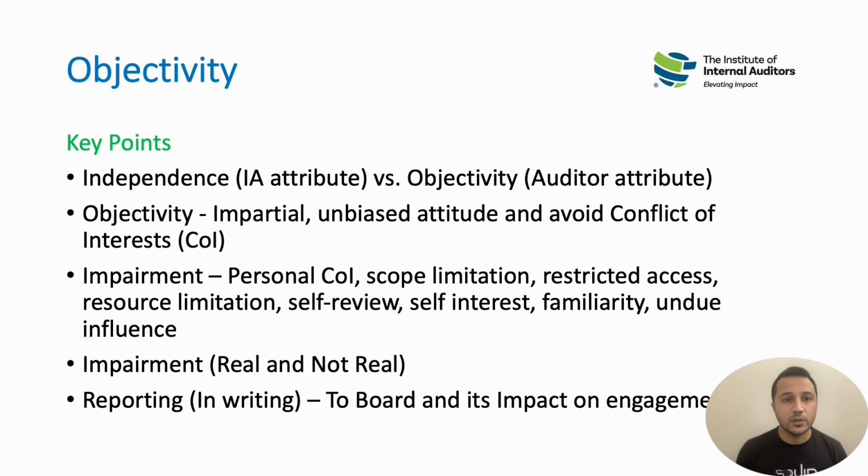Resource limitation is where internal auditors are not being provided with proper laptops or budgets, or if they need an expert opinion, they are not being granted access to the experts to get an opinion on a certain matter. So that is also an element. Self-review is the same as the finance manager example I've given you. When you have done a job, maybe in a consultancy assignment, they requested something, and then you are assigned to audit the same area where you previously provided consultancy. So in appearance, it might be an impairment of objectivity.